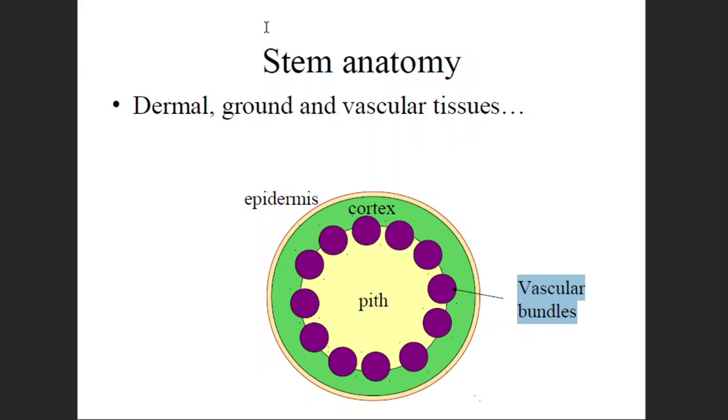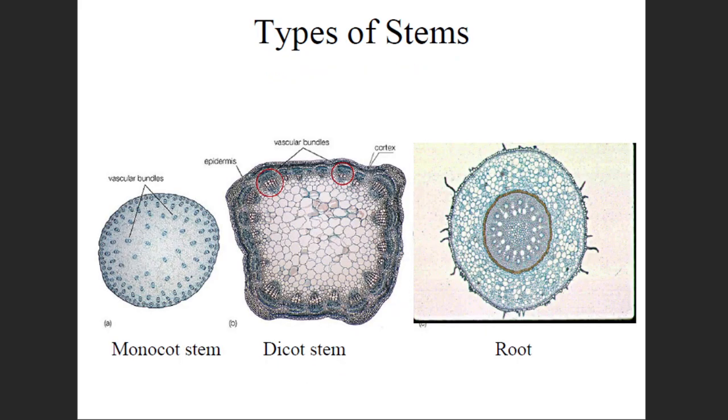In the case of the plant's stem, we can find the presence of pith. It was not seen in the case of the root, but in the stem there is a presence of pith structure. Again it varies with monocot and dicot plants. In the monocot plant, the bundles are freely scattered, while in dicots they are clubbed together and very near to the epidermis within a cortex.